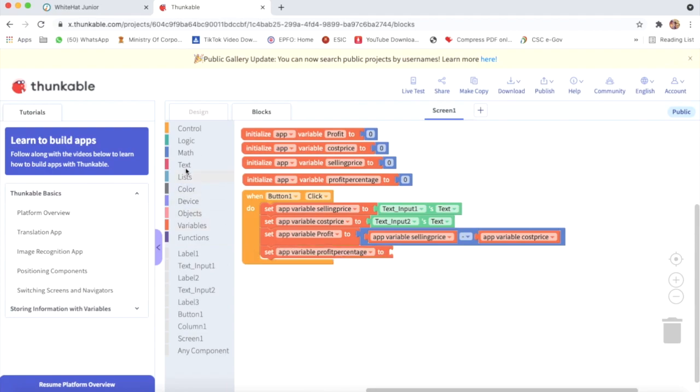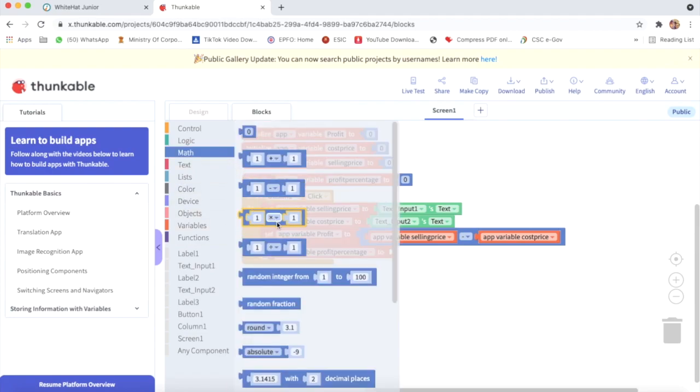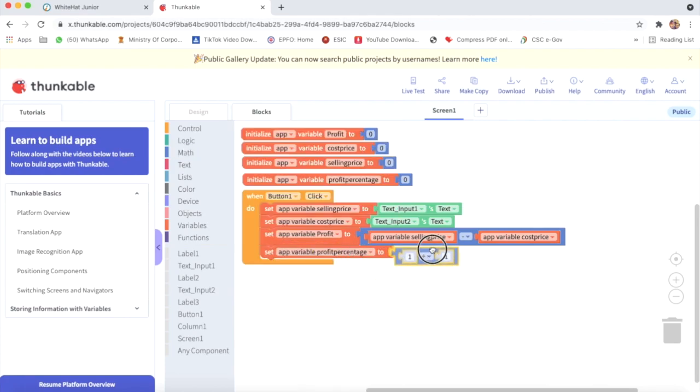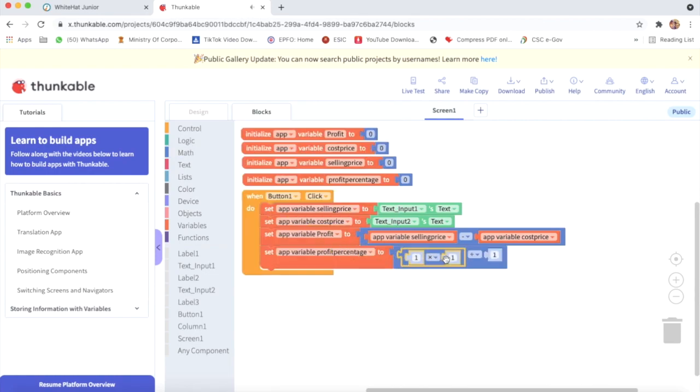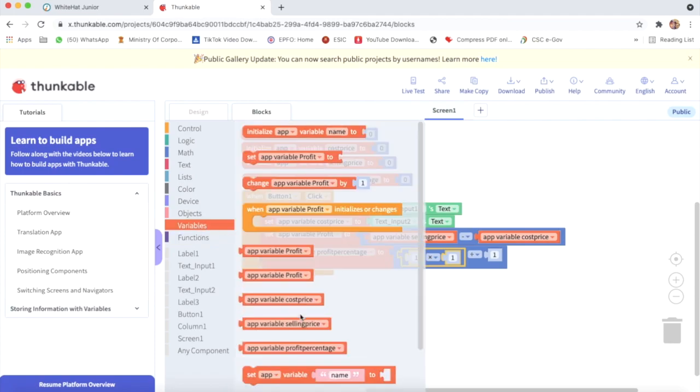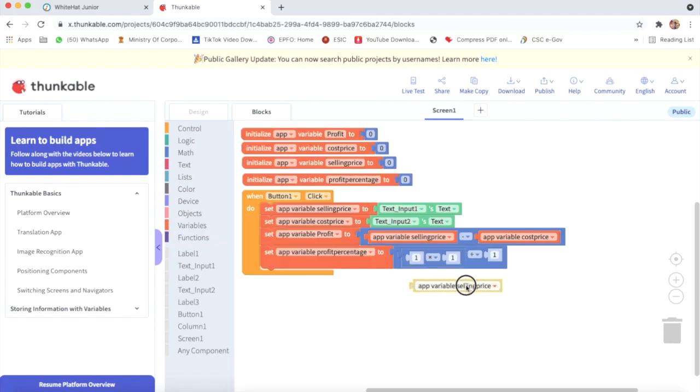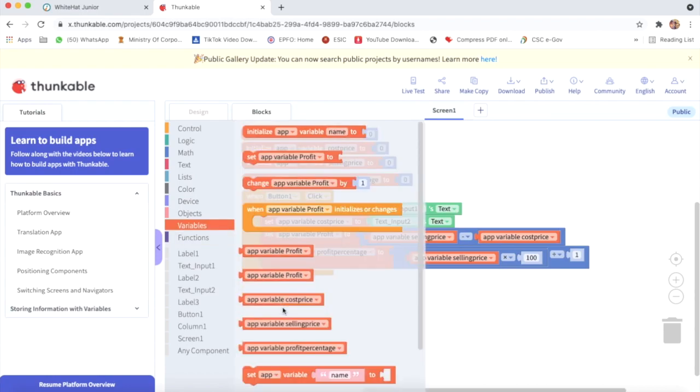Then I will go on math and take the divided by sign, and then the multiply by sign, and here app variable selling price multiply by 100 divided by app variable cost price.